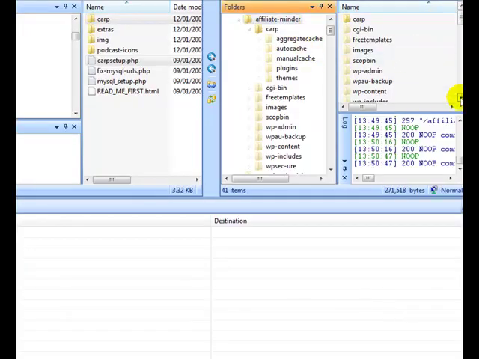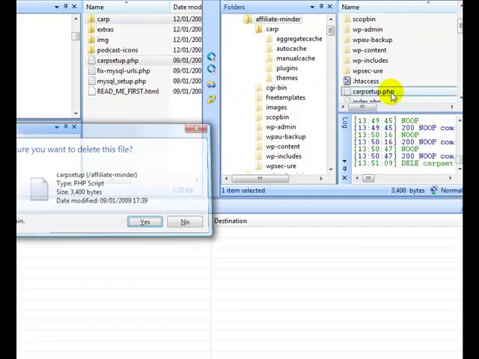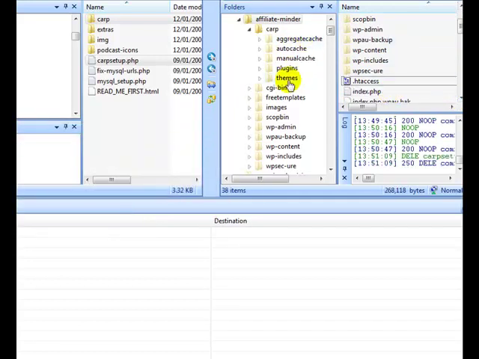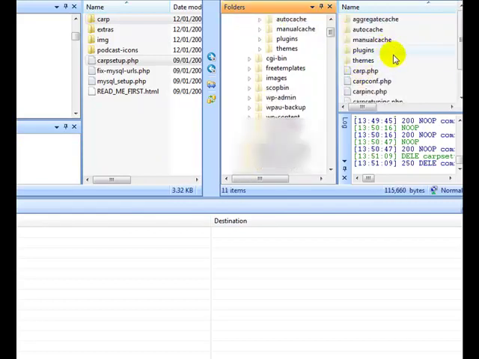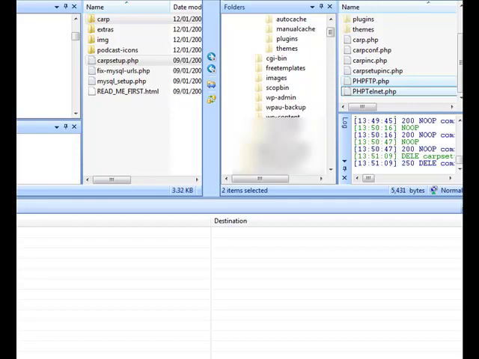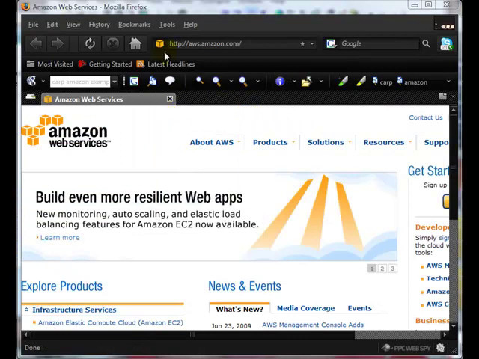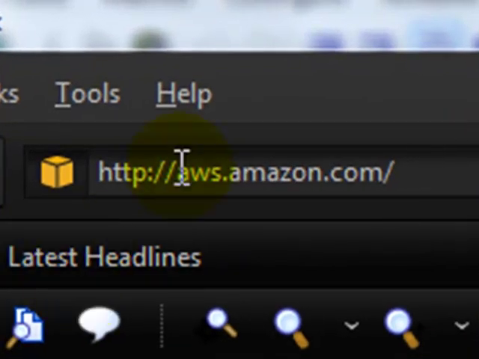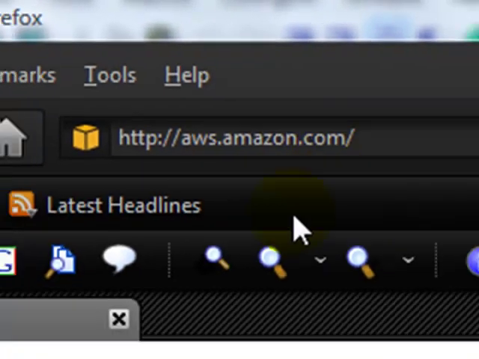A couple of safety measures. Once it's been installed, delete Carp setup, and then in the Carp folder you can delete the PHP FTP and the PHP telnet.php file, and then you're good to go. The next thing you need to do is go over to Amazon Web Services at aws.amazon.com